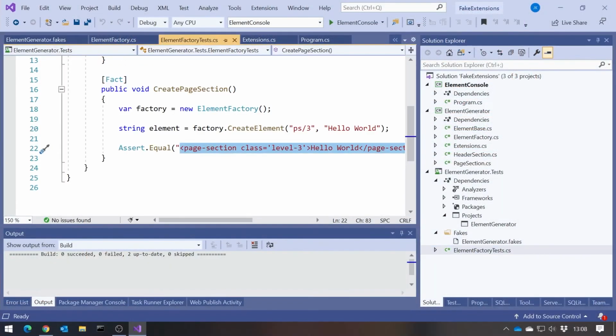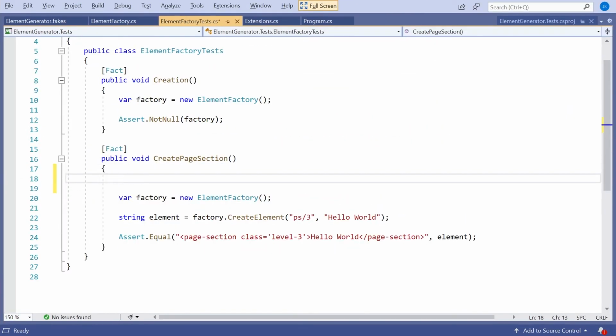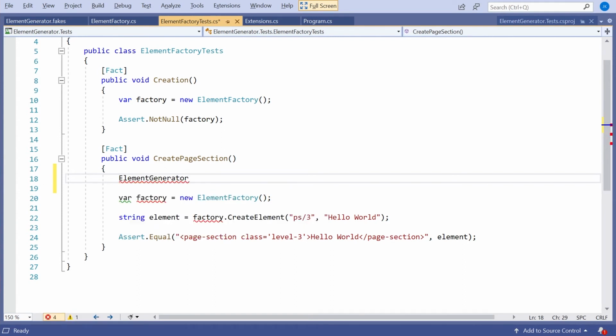So then what we do in our test code is this, because we can now say ElementGenerator, so that was our namespace in that assembly. It's now got a sub namespace that was generated as part of that process called Fakes, and in there it's got this thing called ShimExtensions. Now you'll notice for the ElementFactory, which was a non-static class, it's given us both what it calls a shim and a stub.